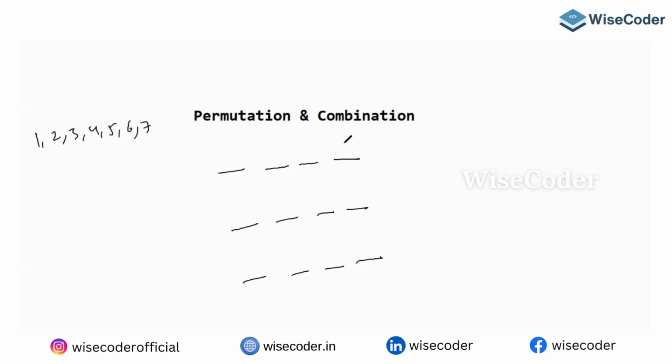I want an even number, right? So let me fix this position with 2. I am fixing this, so which is one way. Let me fix this value with 4. This is also one way. This is with 6. This is also one way. When this is one way and there is another condition, which is more than 3000,